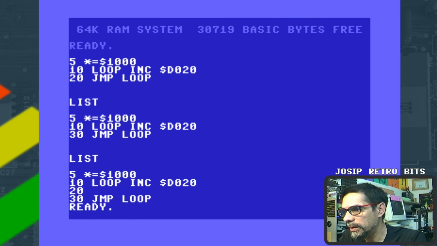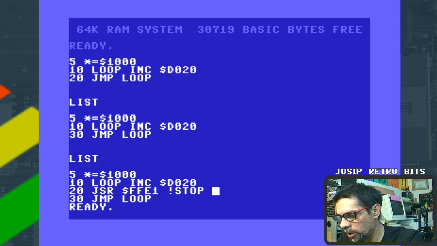And this line 20, I will delete it for now, but at this line 20 we will jump to a subroutine, so we'll use JSR. That's the instruction for jumping to a subroutine. And the subroutine that we are going to jump to is located at memory address FFE1. Now this subroutine checks whether or not we hit the stop key. So this is the stop key